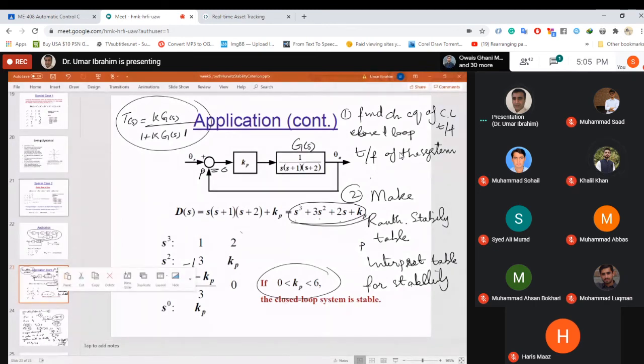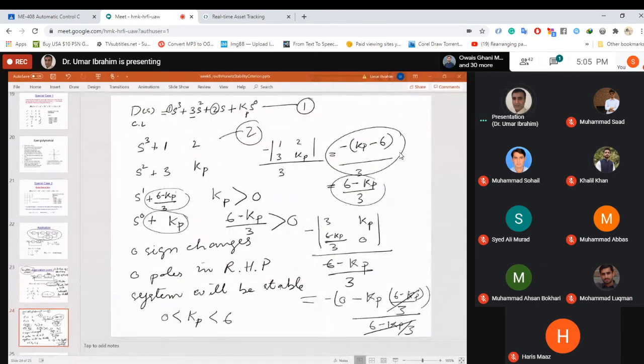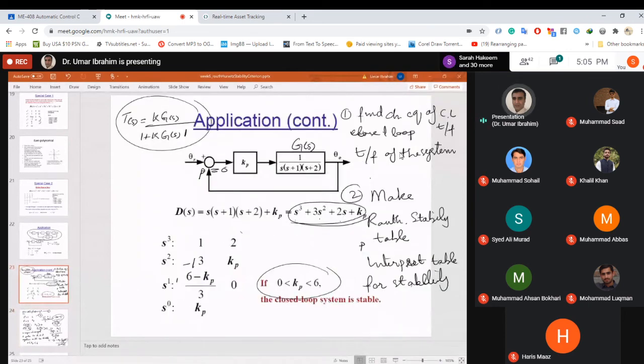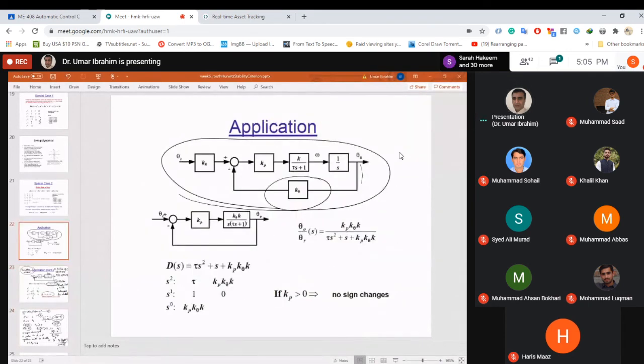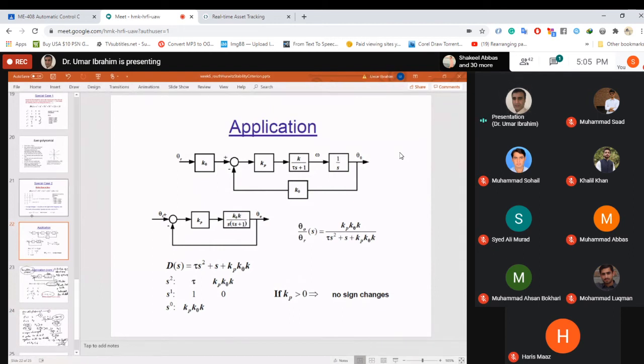Yes, sir. Okay, now this problem. I'll quickly go over the slide. First, you will combine these 3 together. When you combine these 3 together, we get this value. Then you can move